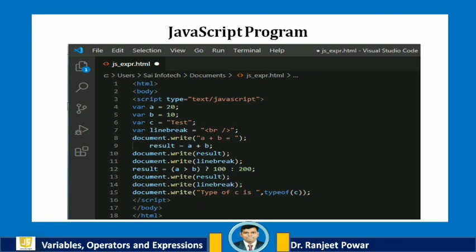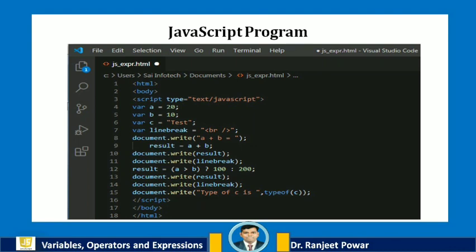Value 20 is initialized to variable A, 10 to B, and text as a string is assigned to variable C. Then an arithmetic operation is performed on the values of variables A and B, and the result is displayed on the HTML document. Then how the conditional operator is used in JavaScript is shown.